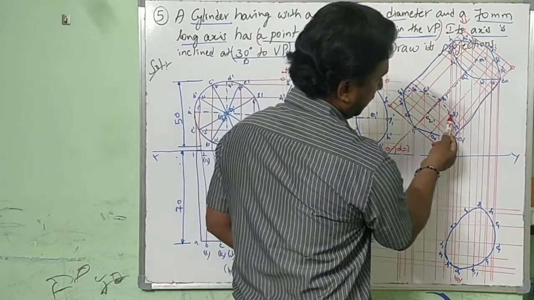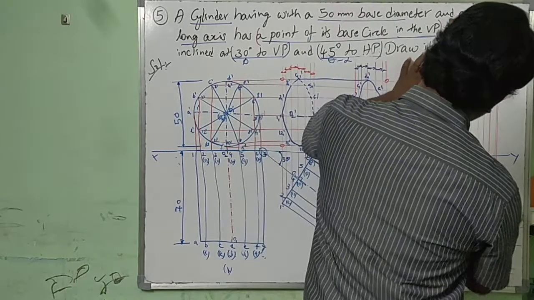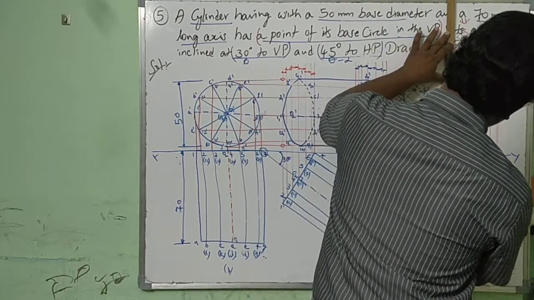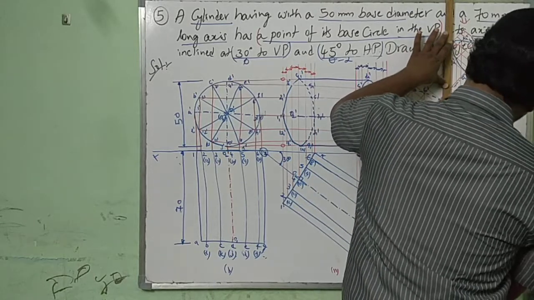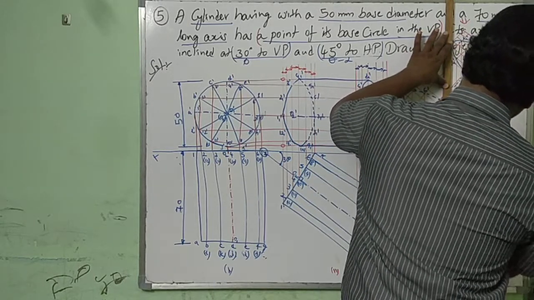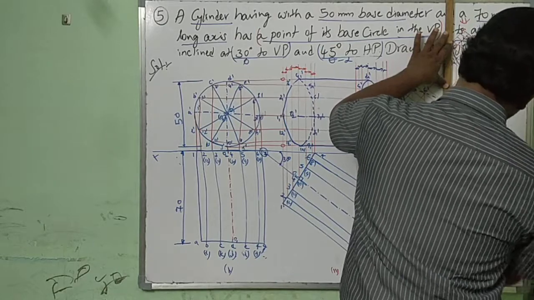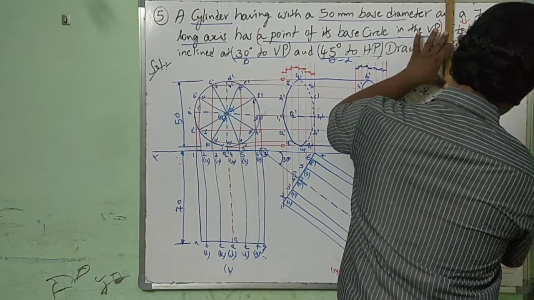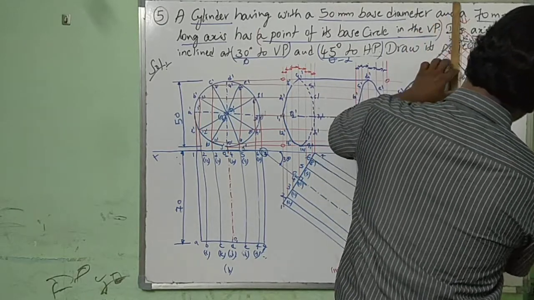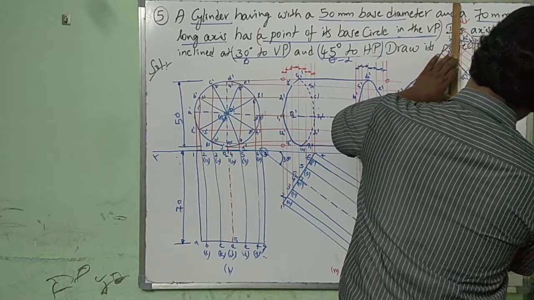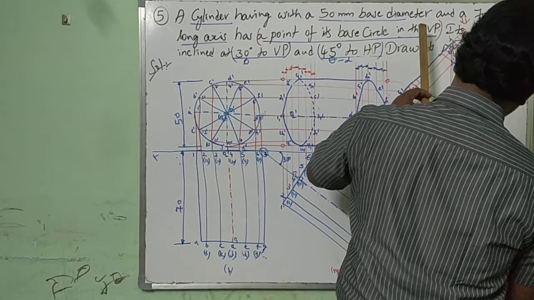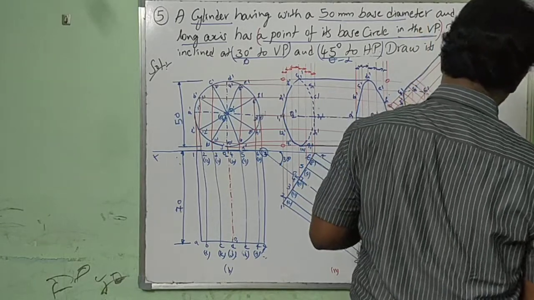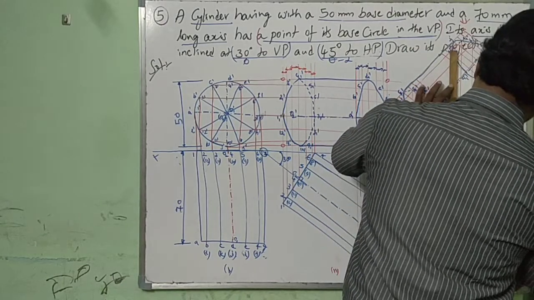If I go for 8, it's already clashing. See, 8 is already clashing. 8, I have to draw separately, or I have to go with the same clash line. That you have to decide; that depends upon your drawing. Going 8, 9, 10, I go separate.